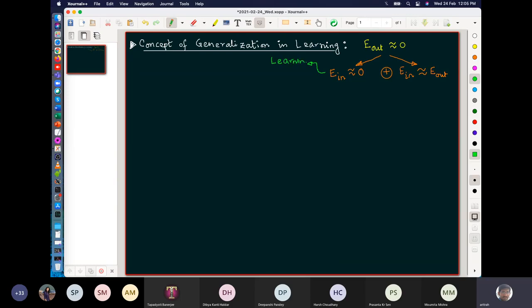And if you remember, this is what we did throughout the previous week, which is all the learning algorithms that we studied. Our learning algorithm tries to minimize E in and make it almost close to 0. That is, minimize the in sample error. That is what the learning algorithm does. This is actually what we called the feasibility of learning, and we started to give a boundary on how well the in sample error tracks my out of sample error. And in terms of feasibility, we started off with something called the Hoeffding inequality,